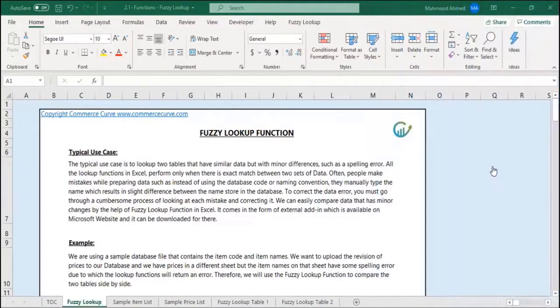In this lesson, we're going to review how to use the fuzzy lookup function as an add-in within Excel. So let's review the typical use case for the fuzzy lookup function add-in. The typical use case is to look up two tables that have similar data but with minor differences, such as a spelling error. For the lookup functions in Excel, they really only perform when there's an exact match between two